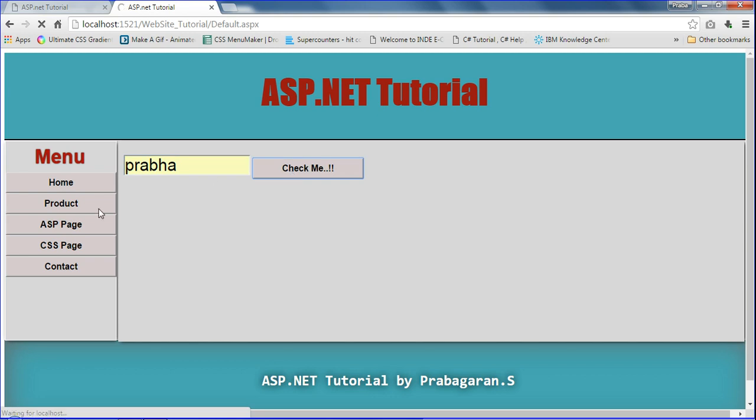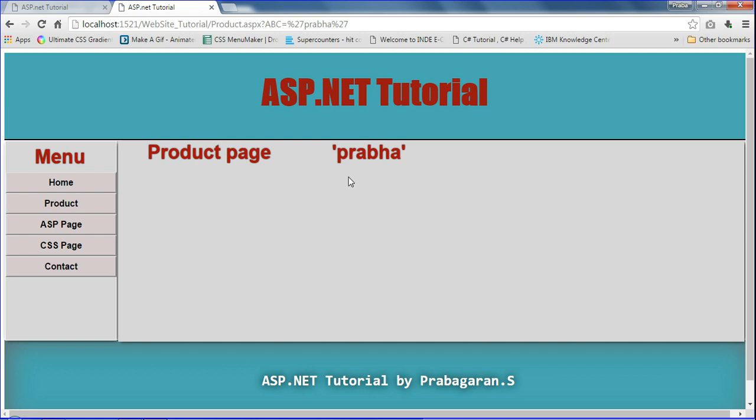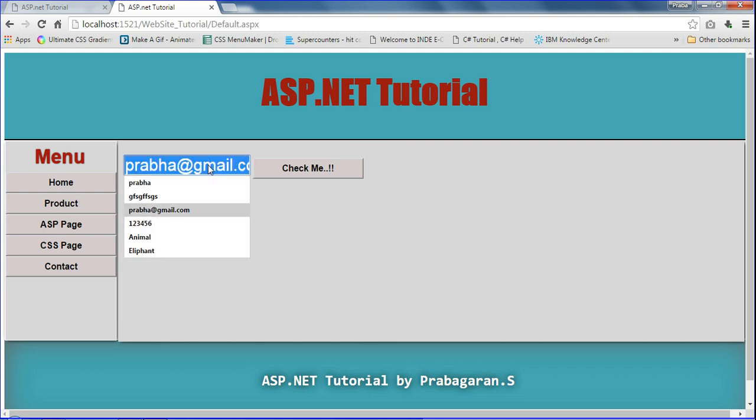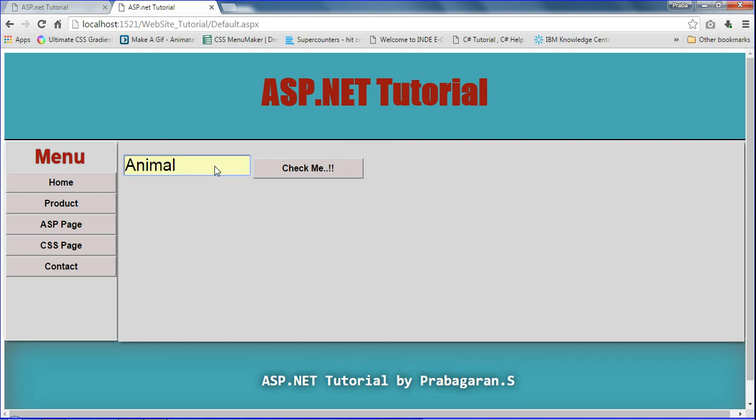Now this Prabha, and going to the product page, see here Prabha. So the Prabha name I got here. Suppose I change it to some other value. Many values are available, animal, so I click here and I get animal.